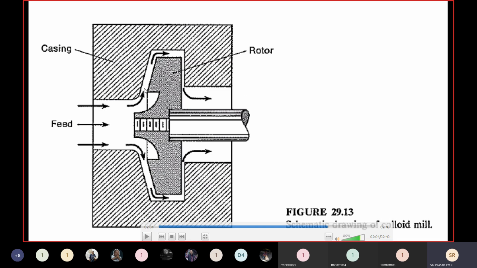So here the area is more, but as we go, the outlet area is decreasing. So in this narrow gap, it has to come. Now, how is it coming? Because here we are applying a pressure, and then this material is supposed to go to this narrow gap. So apart from the size reduction, uniform mixing will also take place in this colloid mill.